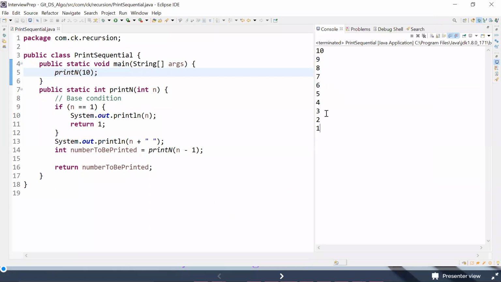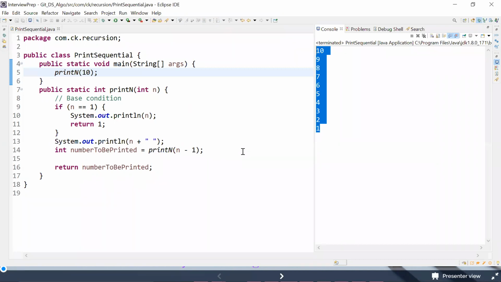It will be in a reverse fashion. Which means before calling the recursive function itself, you are trying to print it. So that's why it's printing in reverse order. If this line number 13 becomes line number 15, it comes in the straightforward order. So that is how recursion works, guys. For example, let's say somebody wants you to write a program to reverse something. Just by changing one particular line of code, you can actually reverse your logic totally.